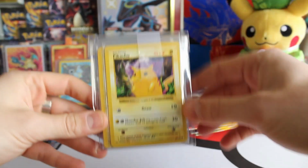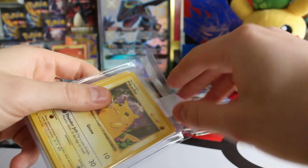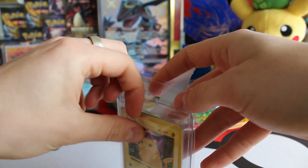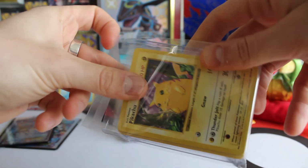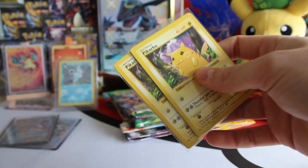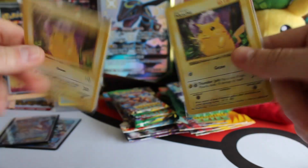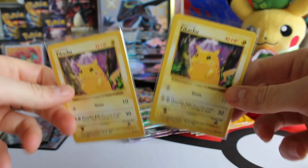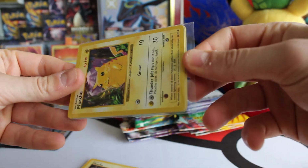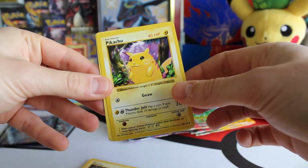But other than that, I decided to pick up some Shadowless base set singles from their site. Now, what you'll see in a second is they sleeve them up. If anyone ever wonders what Troll and Toad do with their singles, these cards are fairly valuable considering they are shadowless and they've been around for 20 odd years. But I picked up, let me take these out, some yellow cheek Pikachus, some red cheek Pikachus,